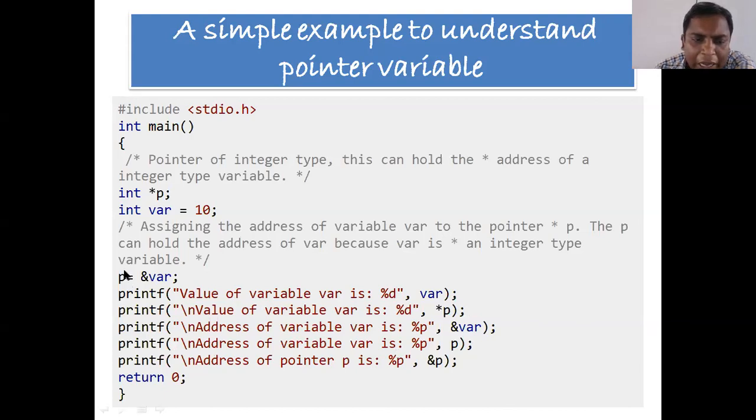Then, as we all know, p is a variable, therefore it will have its own address. So if we simply write &p, it will give you the address of p.